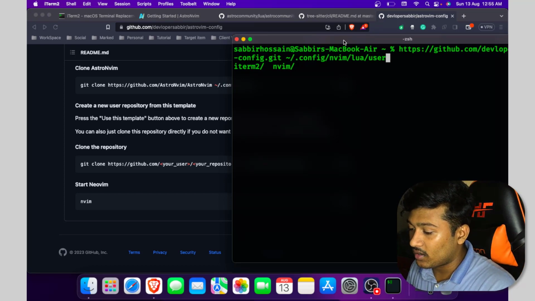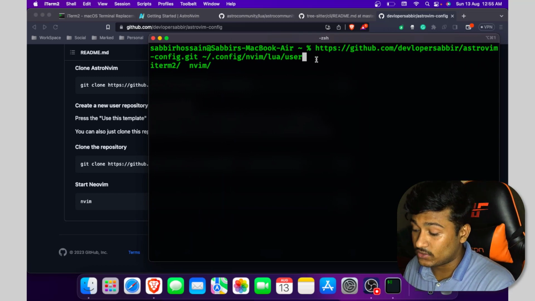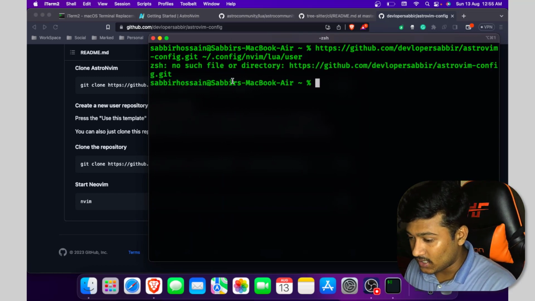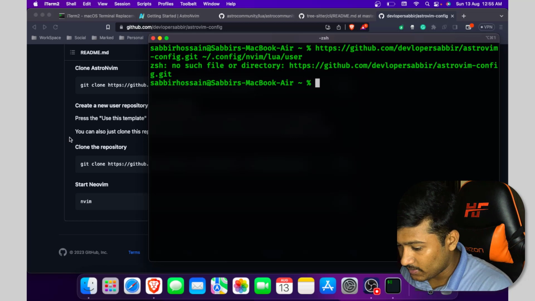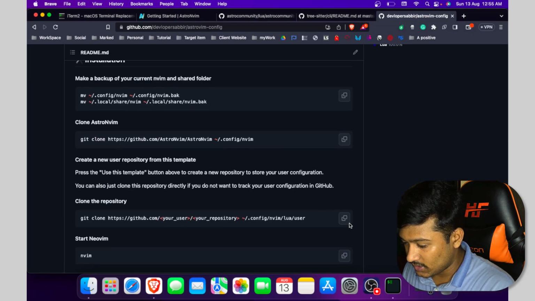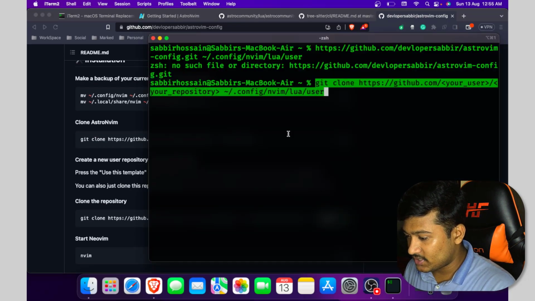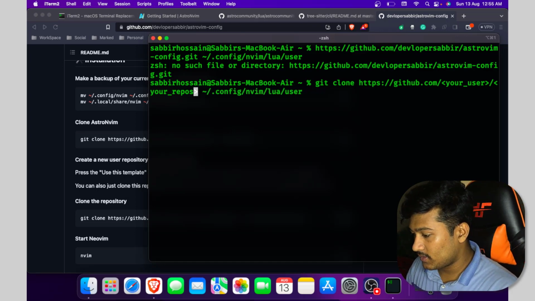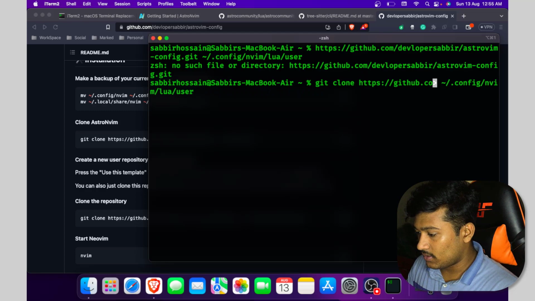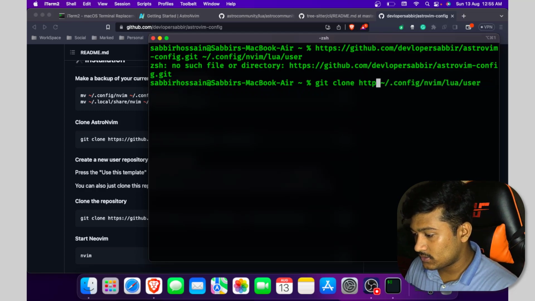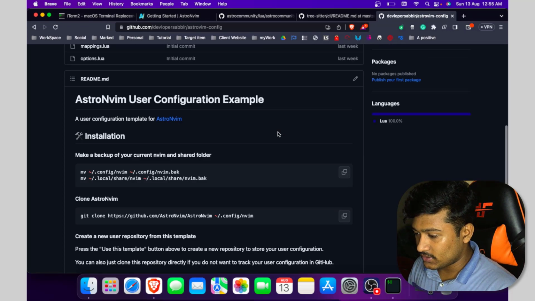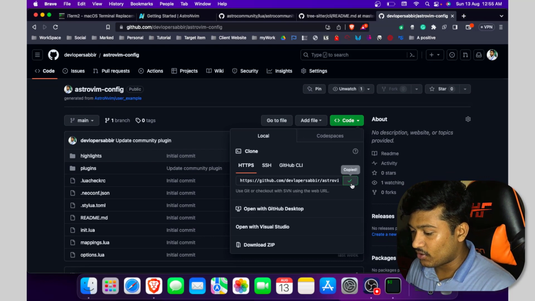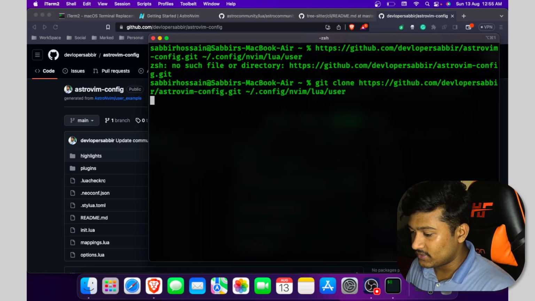It will clone into this directory. Wait a minute. As we can see, just paste it here and replace the URL. So to do this, just go back, click on copy, paste it here and hit enter.